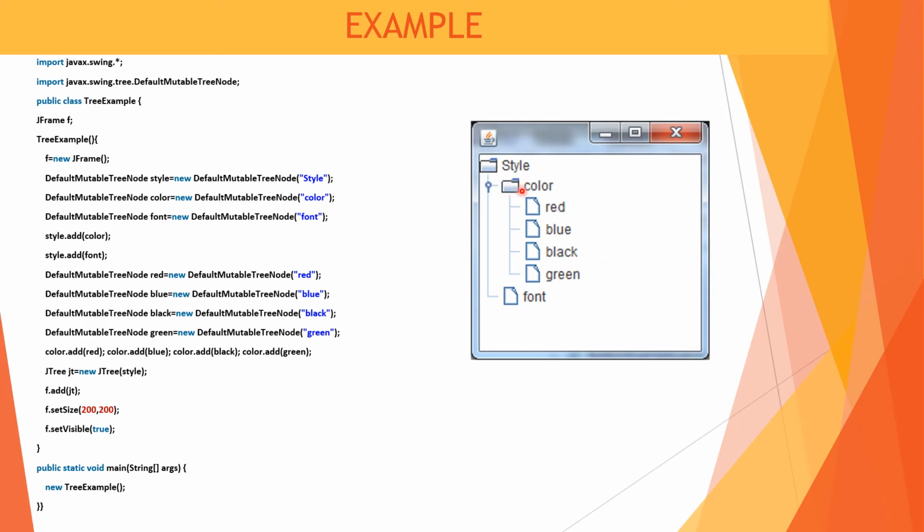So style is the root, but color is a parent of red, blue, black and green, like children. These are all children, and they have a parent like color. The font is also a parent, but this parent has a root, that is style. Okay, so that is the example of JTree.